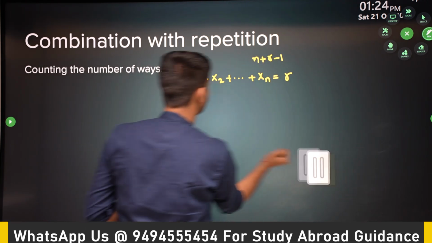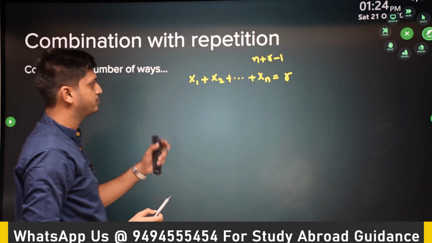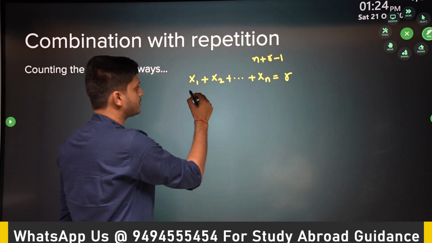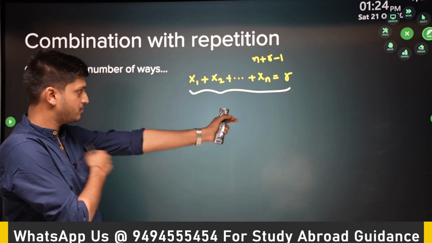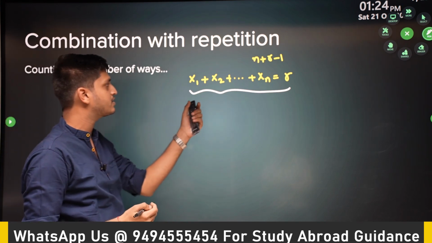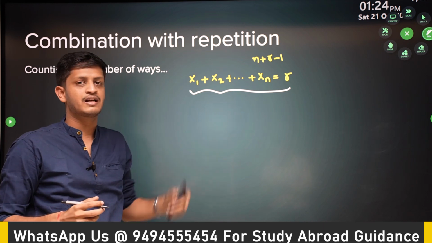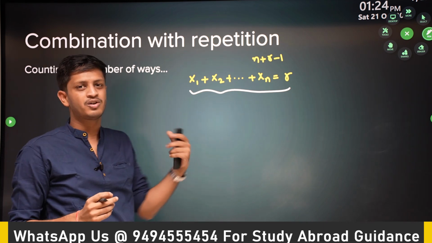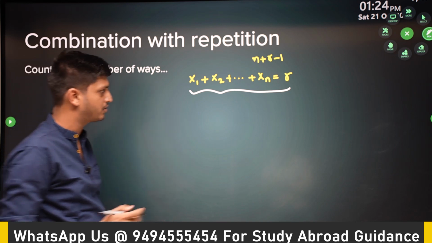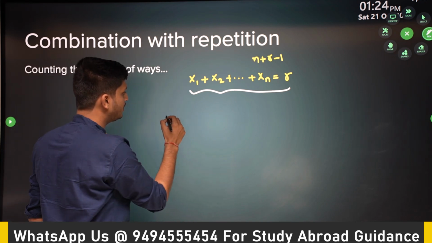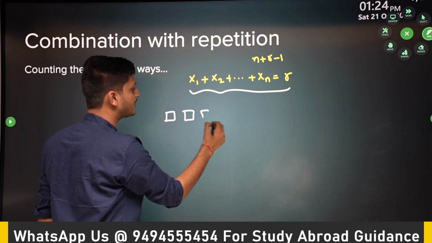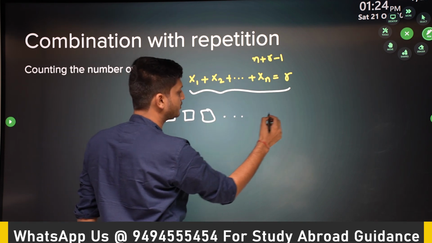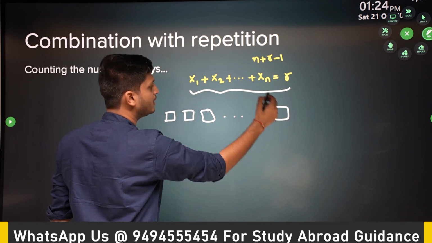In a similar way, we will solve the generic equation as well. You have to solve this equation. You have to count the number of possible solutions for this equation where x1, x2, up to xn are all non-negative. They can be 0 or any value greater than or equal to 0. So here, in a similar way, create n plus r minus 1 boxes. Why n plus r minus 1? I already told you in the last example, when you had n equal to 3